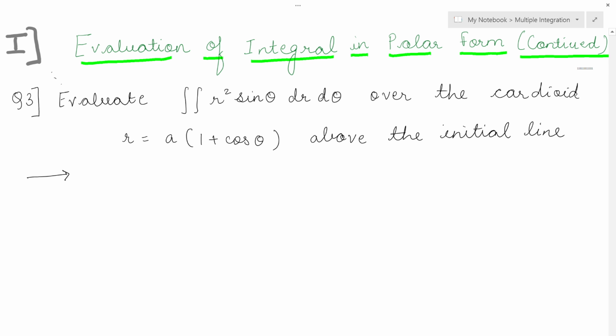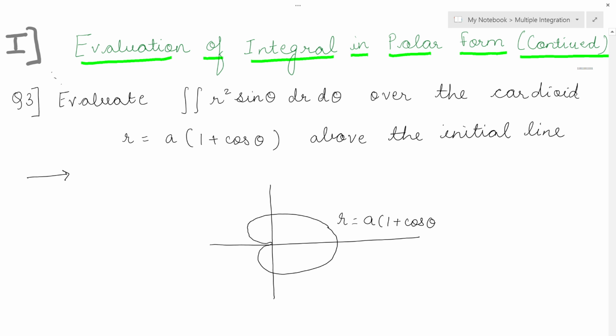Okay, so now let us draw the diagram. So this, you know that r is equal to a into 1 plus cos theta. We have seen in the earlier lecture, it is a cardioid like this. R is equal to a into 1 plus cos theta. So the limits also we have seen, but here now it is only in the upper part. So my shaded region will be just the upper part of the cardioid, this way.